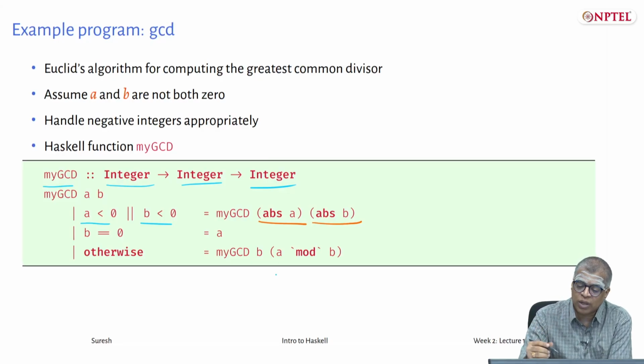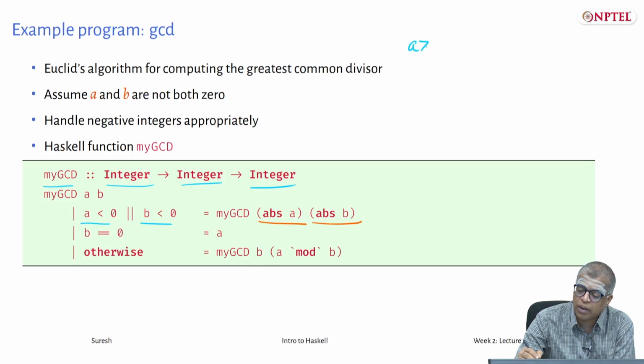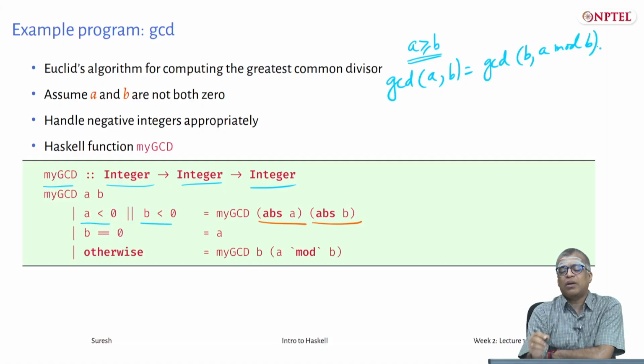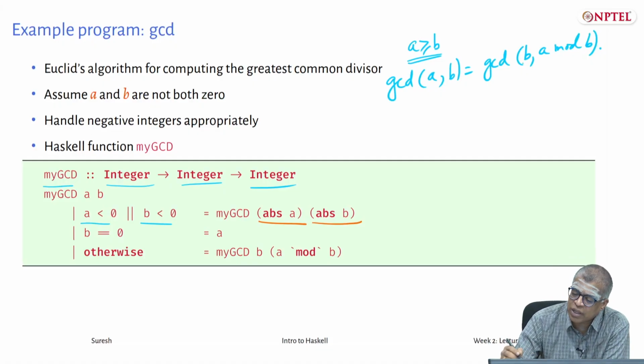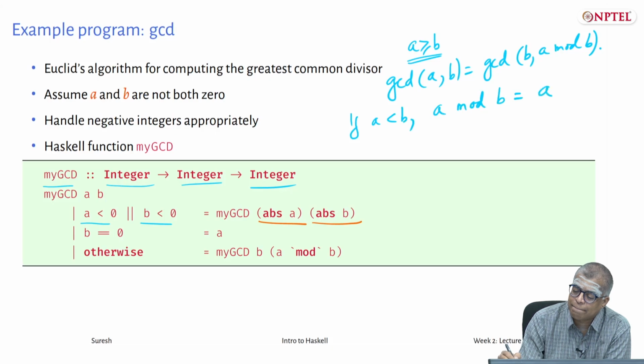So, now here is one thing, it seems like I am assuming always that A is greater than or equal to B, right, because what I am doing is I am saying GCD of A, B is GCD of B, A mod B, right. What if A is less than B? Nothing. If A is less than B, then in the first step the two swap values, because remember that if A is less than B, A mod B is equal to A, right.